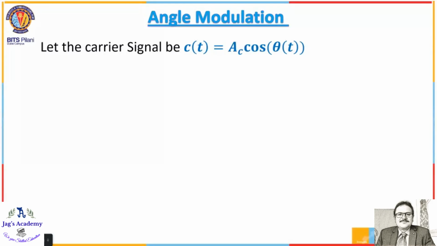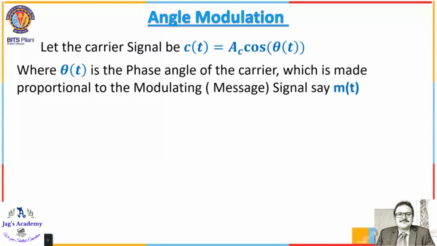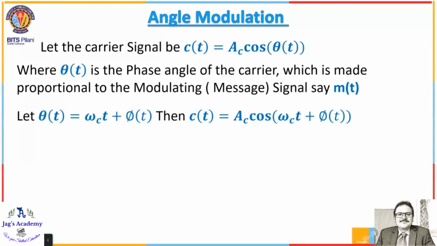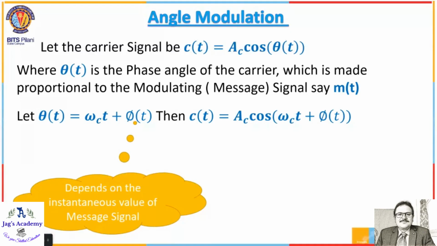Now see here. Let theta be the phase angle of a carrier which is made proportional to the modulating, that is message signal m of t. So let theta be equal to omega ct plus phi of t. So what is omega c? Omega c is the angular frequency of the carrier, right? Now the theta of t is omega ct plus phi of t. Now substitute the same thing in equation 1. What you get is c of t is equal to Ac cos of omega ct plus phi of t,